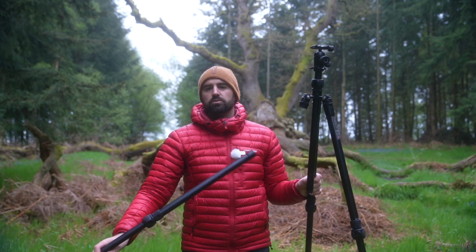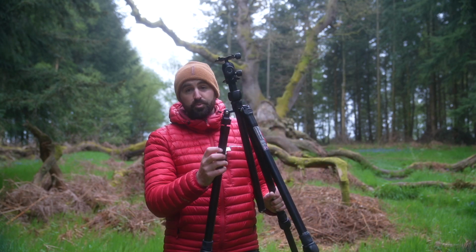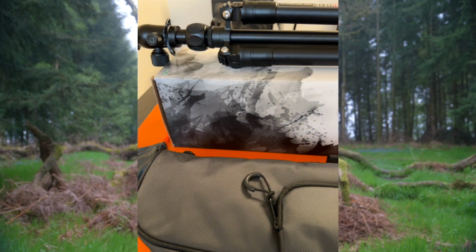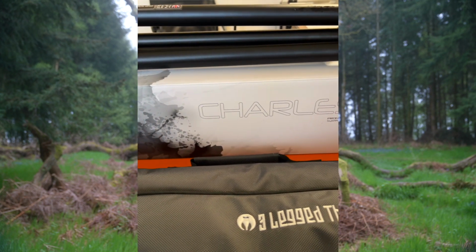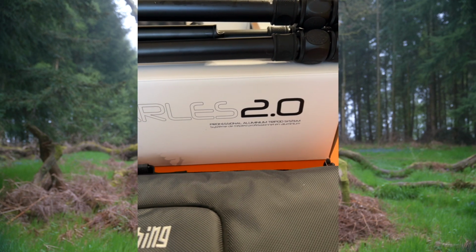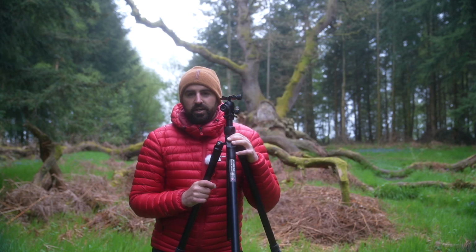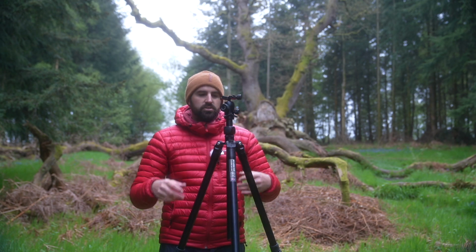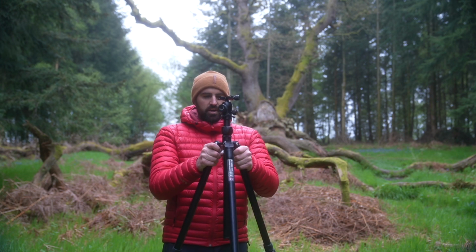It comes with some nice little rubber feet out of the box, in a nice bag, in a nice Three Legged Thing box if you've ever had one. And it also comes with their cool little tool, which is very handy. There's a little bottle opener on it, it's like a little plastic carabiner. It's very smart. Again, building the picture of the Three Legged Thing premium service and quality. The bag's really nice, the box is nice, the tool's really nice, the tripods are really nice. And this is him